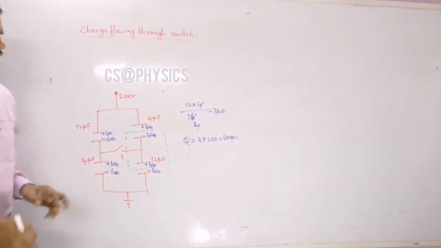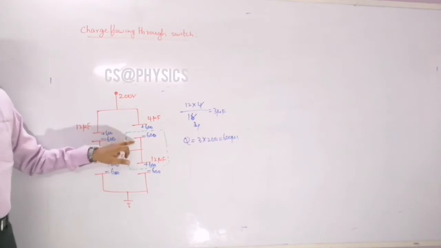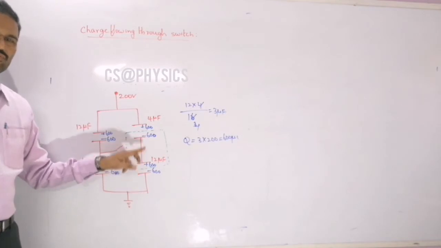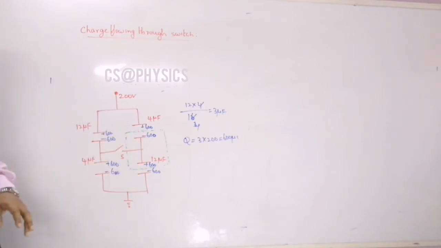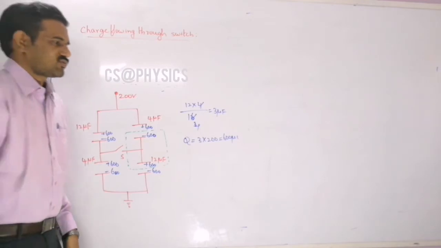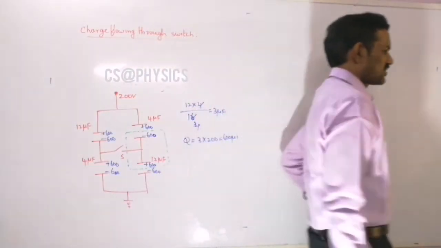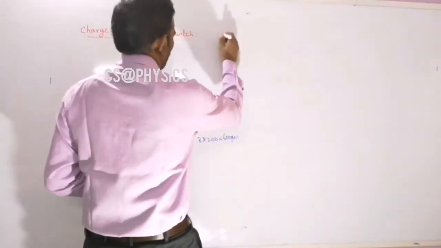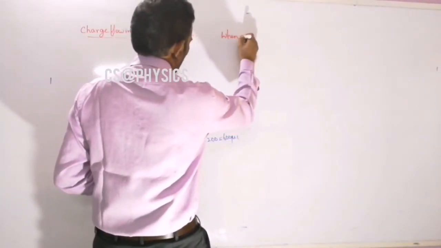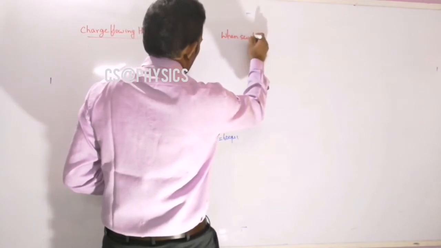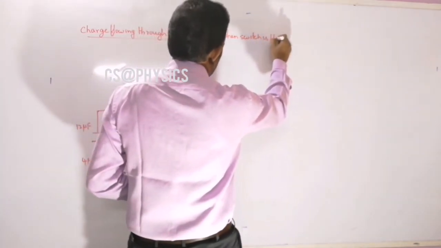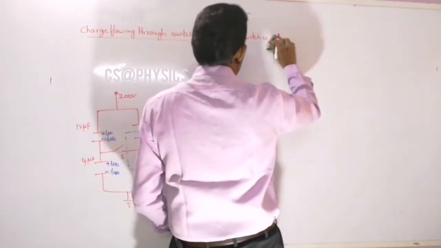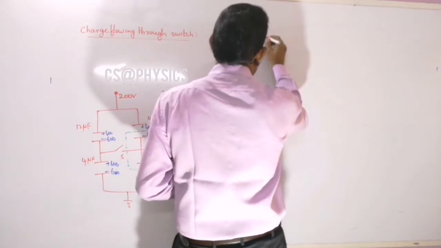Is it clear? Now the initial charge on those two isolated plates will be, this is minus 600 microcoulombs and this is plus 600 microcoulombs. So the initial charge on that is 0. So in general in such cases you will get that 0 charge only initially. So once the switch is closed, so that means now I can write that when the switch is closed.